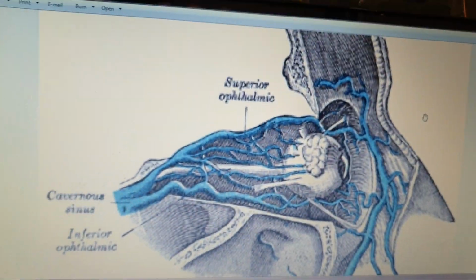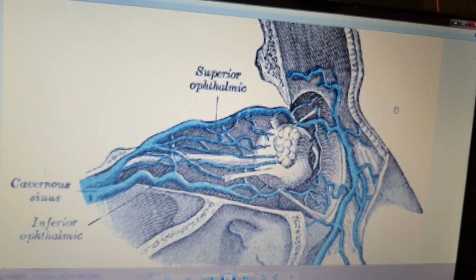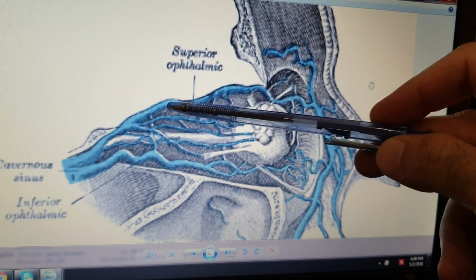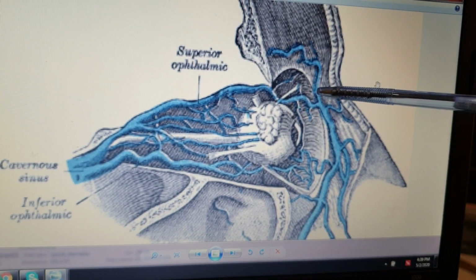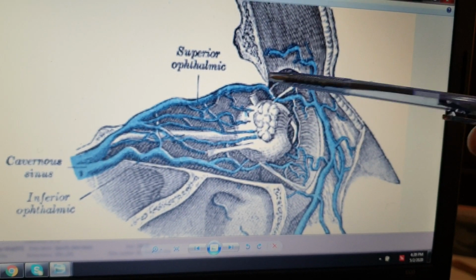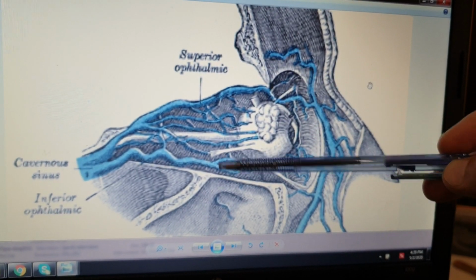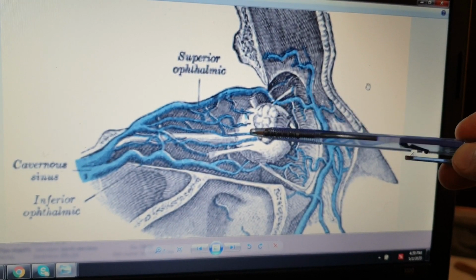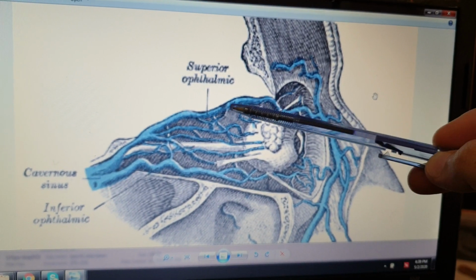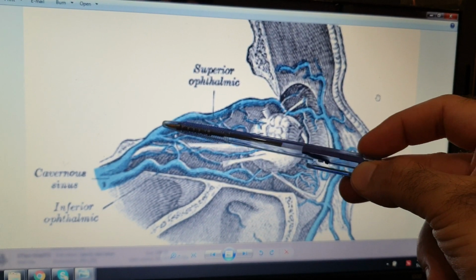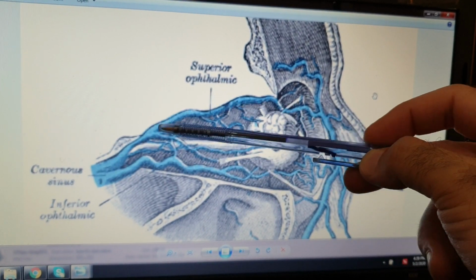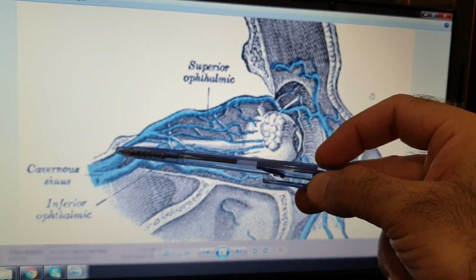Now coming to the venous drainage of the frontal air sinus, there are two veins which drain the frontal air sinus. One is the superior ophthalmic vein and the other is the supraorbital vein. In this diagram you can see the lateral wall of the orbit has been removed, and you can see the eyeball inside. This is the lacrimal gland, this is the optic nerve, and this structure here is the superior ophthalmic vein, which eventually enters into the middle cranial fossa through the superior orbital fissure and